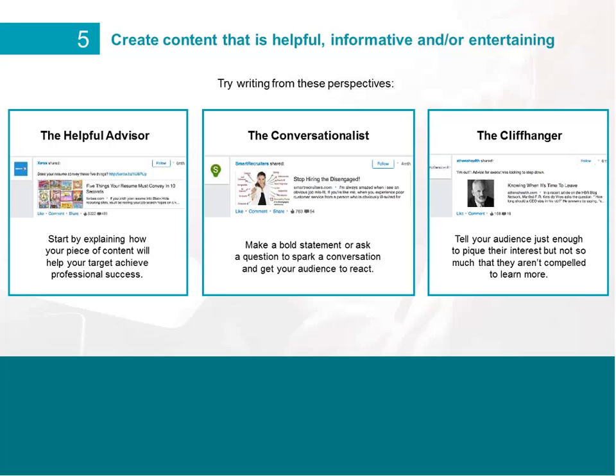There are a few perspectives that tend to work well from a copy perspective. Helpful and informational, right, putting a statistic into the headline or explaining how this particular piece of content is designed to help your target audience achieve success. There's conversational, because it is social media,